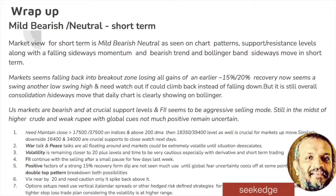A bounce is still possible because it's a resistance zone that is acting as support now for the price, and a double top is there, which is the opposite of what is expected from a bounce. Double top, if the neckline is broken, it can go down. So both the bounce and the breakdown are possible. You don't know what happens. The market decides. So with volatility about 20, you have to be cautious, and always have hedge positions like vertical spreads,